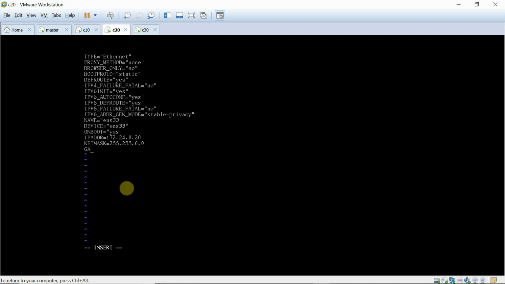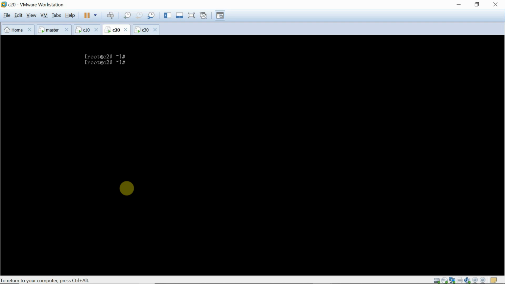We are going to specify GATEWAY equal to 172.24.0.1. We will save this file. We will restart the service, systemctl restart network.